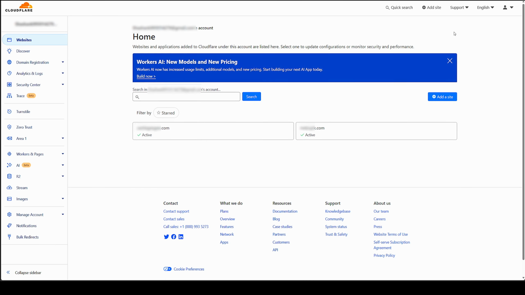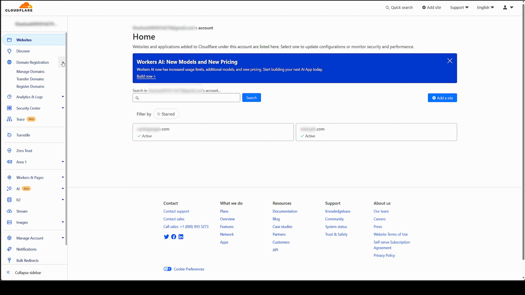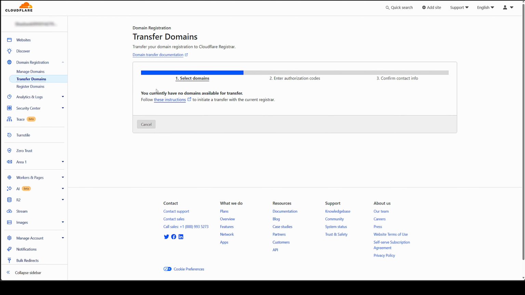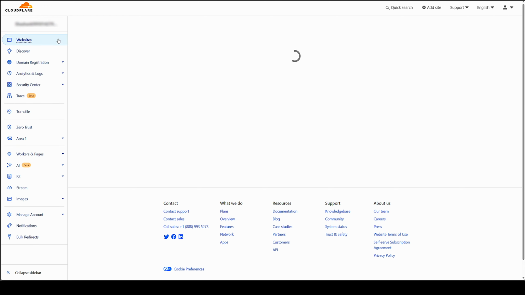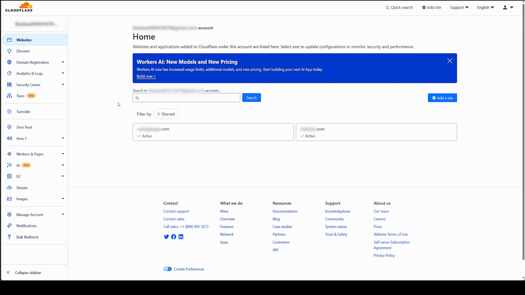Now your Cloudflare dashboard would look something like this, and here in the dashboard you can see the domain names if you linked them already, or you can go to domain registration and manage or register a domain, or transfer domains from any other registrar. You would need to check regarding this by yourself. Once you have a domain name registered to Cloudflare or pointing to Cloudflare's name servers, it would be listed here. So just go on to the Zero Trust option,